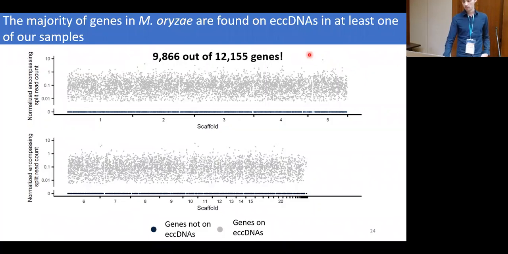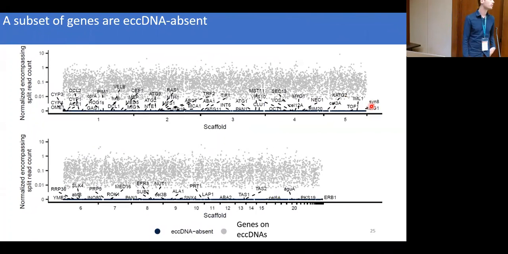You'll also notice that not every single gene is on these molecules, and we have these points down here in black that represent genes that aren't on circular molecules in our data. So let's talk about those genes first. These are our eccDNA absent genes. You'll find there's a very big list of these, and I encourage you to go to my preprint and check those out. But one of the first questions we asked, obviously, is